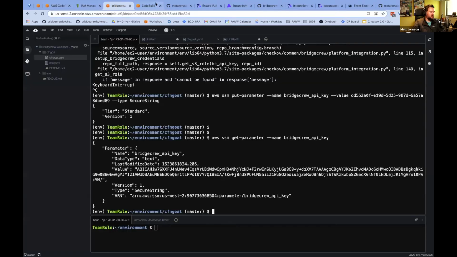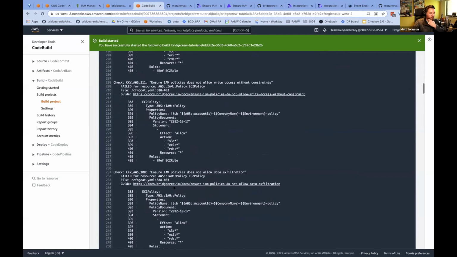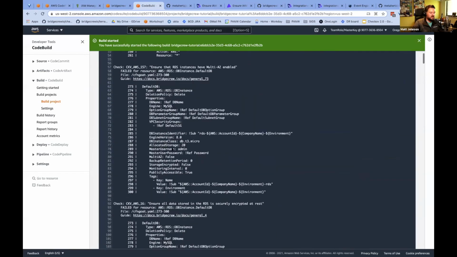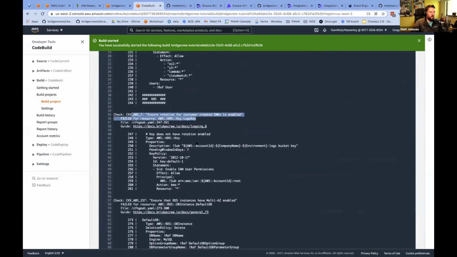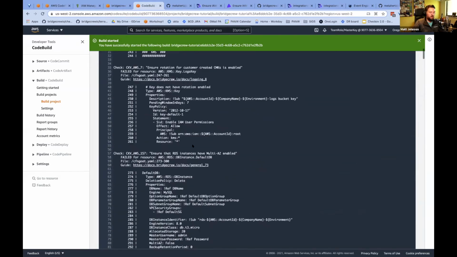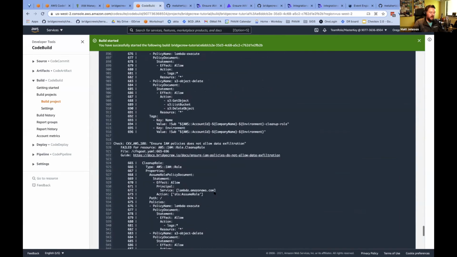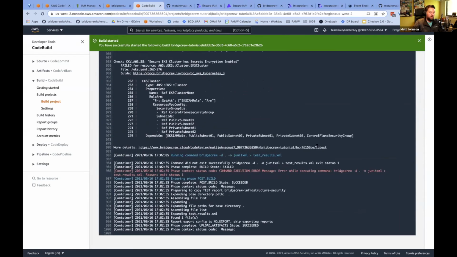So with that said, let's have a look at our code build. And you'll see the output from code build is exactly what you'd expect. We can see that it's checked out our code as part of the CI/CD pipeline. It's giving us the same output we would expect if we ran Checkov manually. And then right at the end, it will also give us a URL, which we can either click on, or paste, or we could go into the code reviews tab and see that